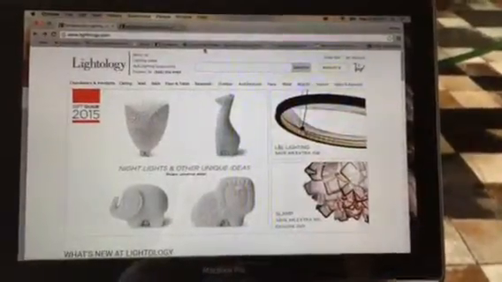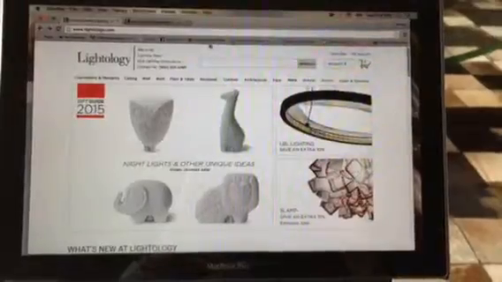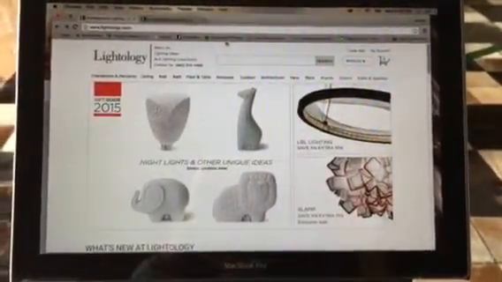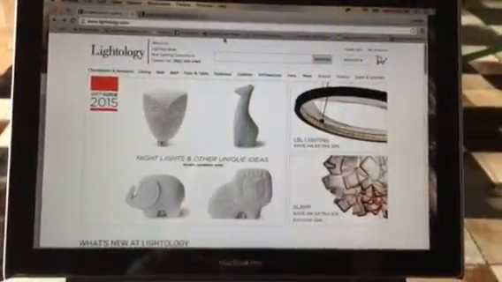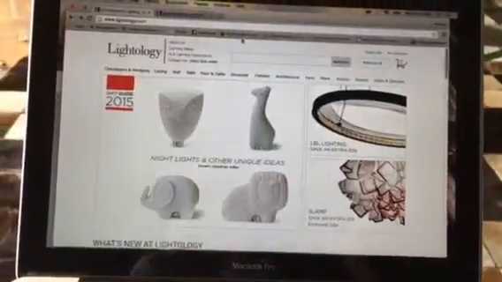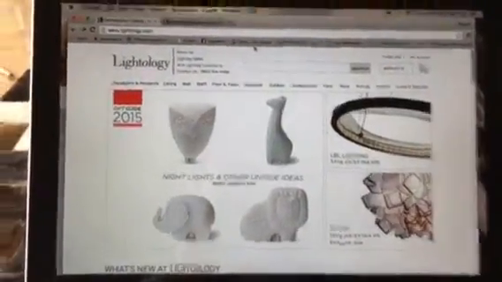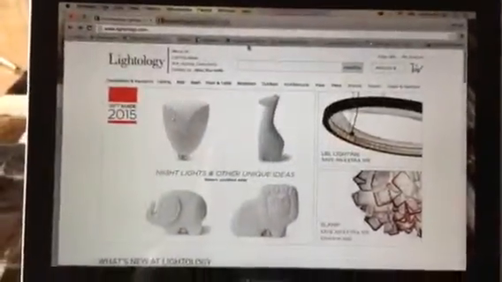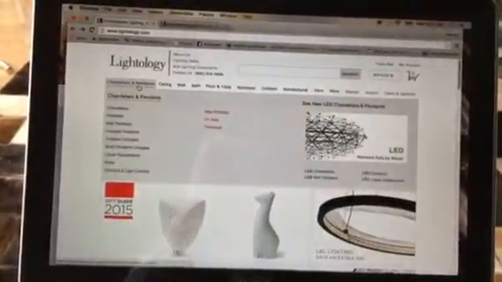You can go to several lighting companies to find fixtures and download their specs, but Lightology is a really easy one to use, and they have a wide variety of light fixtures you can use, so I thought I'd show you how to use it with this website. So this is, again, lightology.com, and let's say we're just going to look for a chandelier for over the